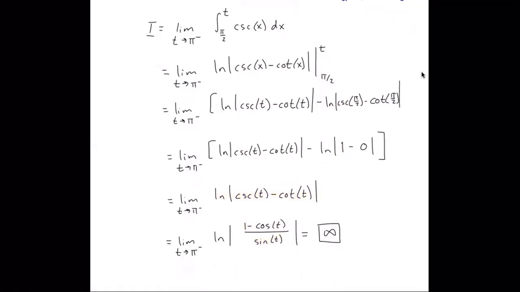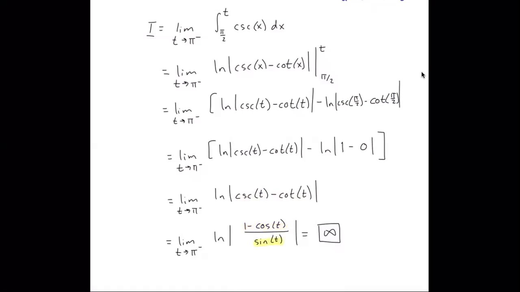So as t goes to pi from the left, cosine of t is going to approach... oh, sorry, -1. So this is 1 minus -1. So the top is approaching -2. Natural log of the absolute value of -2